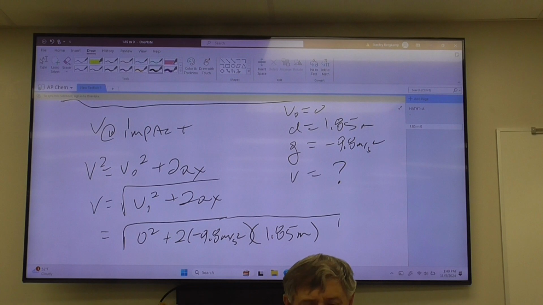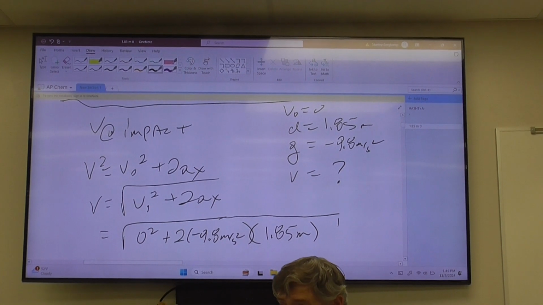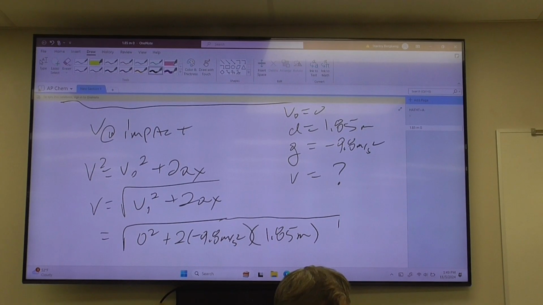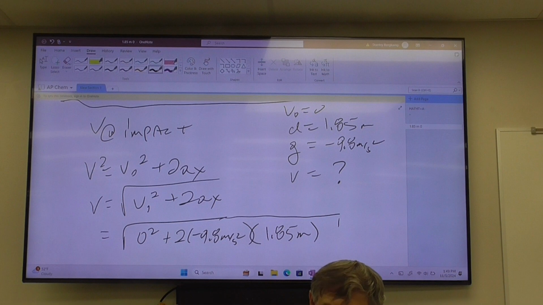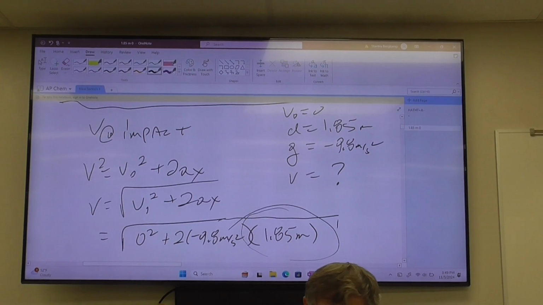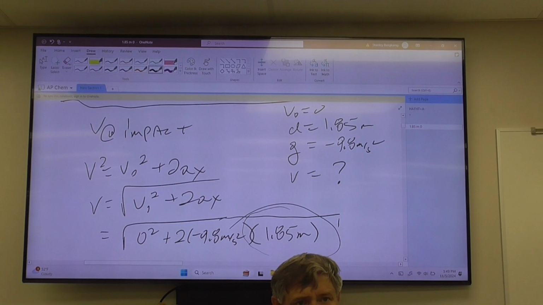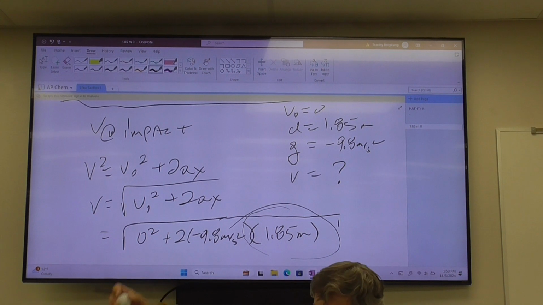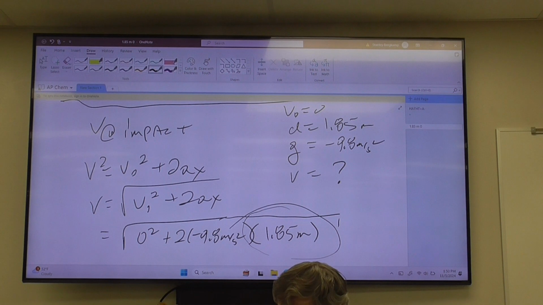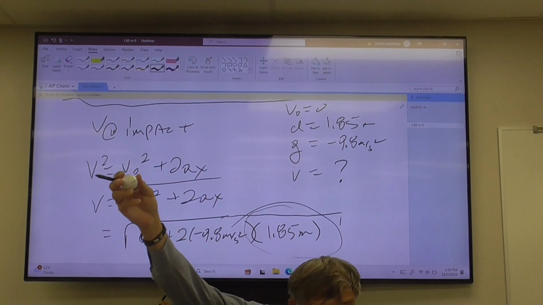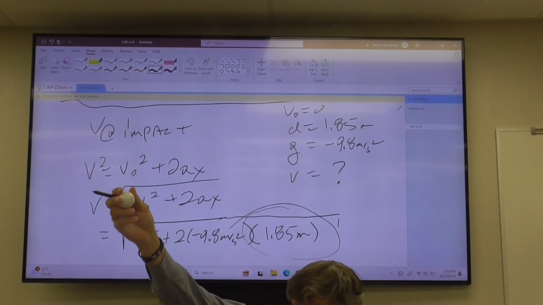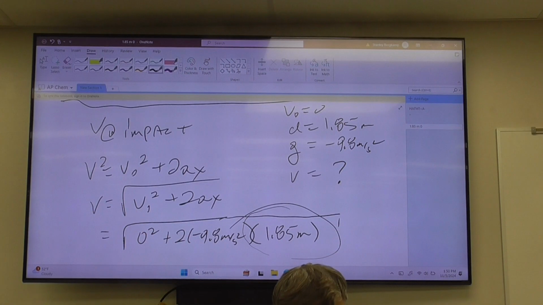Yeah, so if I have this, and one of the things I'm going to look at on this problem is the detail, the little nuts and bolts of this problem. If you have this, I'm snarkily going to write, wow, imaginary velocity. But can we just randomly make this negative? Well, here's the story. You're gonna make the ground the reference point. That's 0. My initial position then is gonna be what? 1.85. My final position is going to be